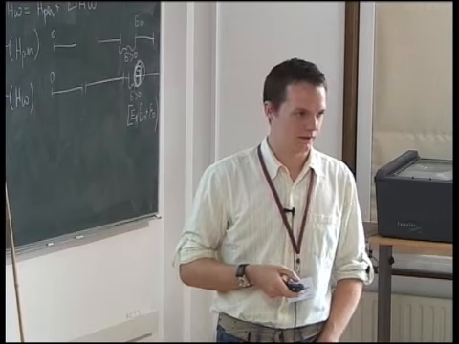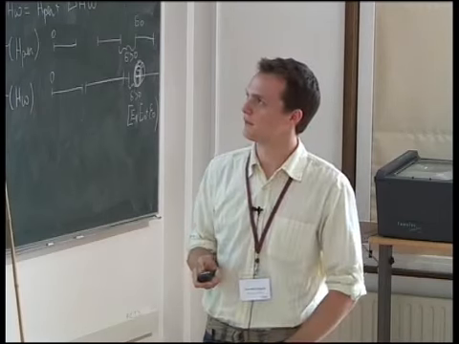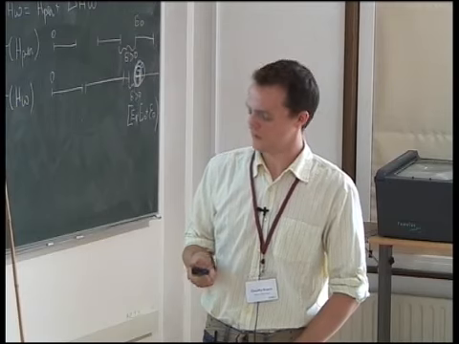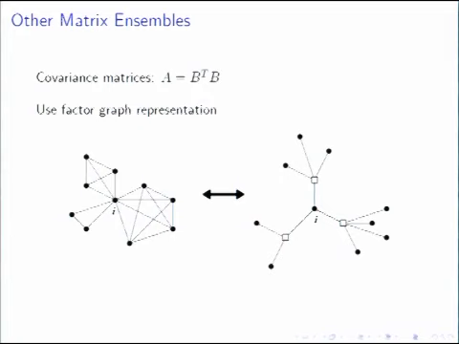So I should just mention before I finish, I've gone quite quickly actually, that as I said a couple of times before, you don't have to have tree-like matrices. There are some other situations where we can apply this. One of the ones we looked at were covariance matrices. If I take a sparse matrix, it doesn't even have to be square, so it no longer really represents a graph, and I multiply it with its transpose, I get a matrix whose graph is full of cliques. And in fact, it still admits some kind of a tree-like decomposition,